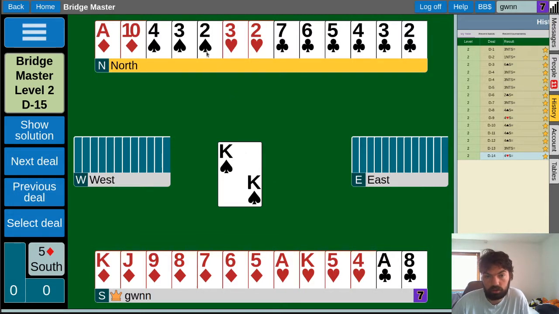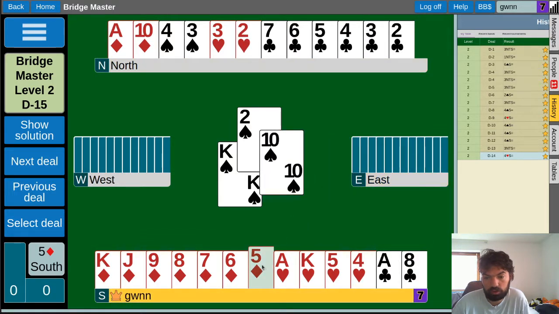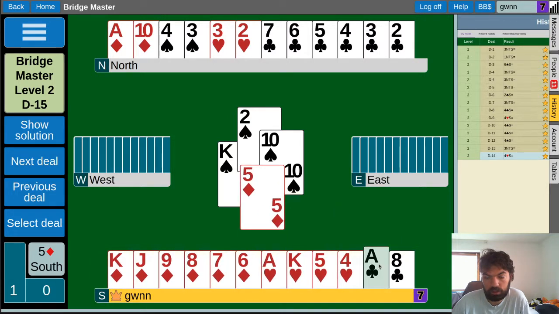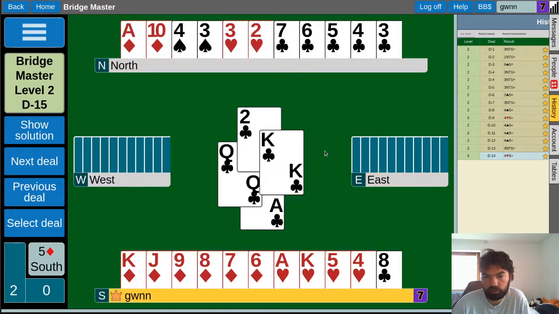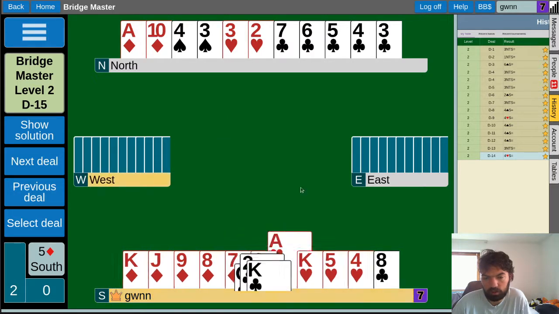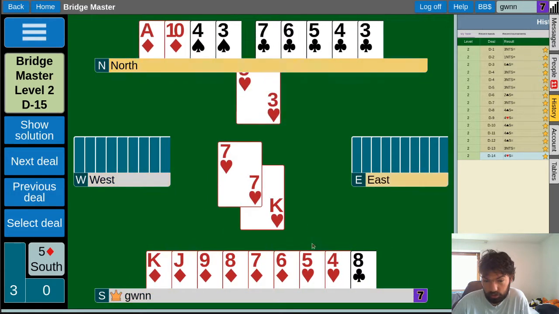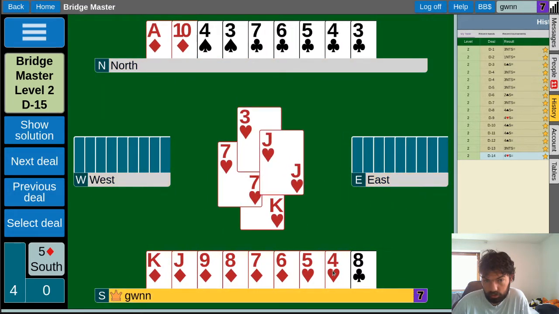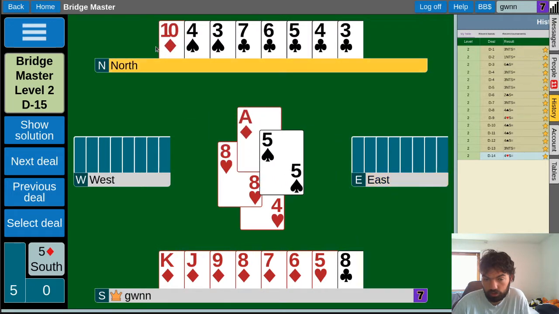I don't see why it would make a difference. I think I need to take this ace of clubs first, because otherwise they might be able to discard their club on the last heart or something. Or is it that I need to ruff with the ace here? I do need to ruff with the ace because